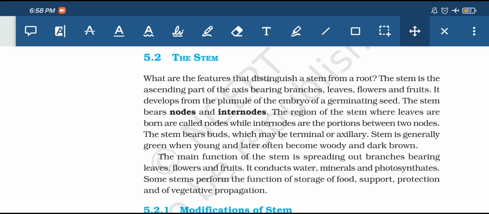Then the stem has nodes and internodes. This is a very important point. It has nodes and internodes. Okay, it has branches, leaves and fruits. Nodes and internodes, this is a very important point. They are explaining what you mean by nodes and internodes in the next point. The regions of the stem where leaves are born are called nodes, while the internodes are the portion